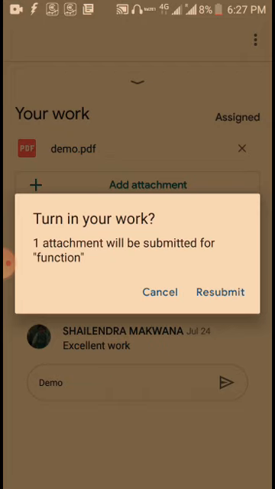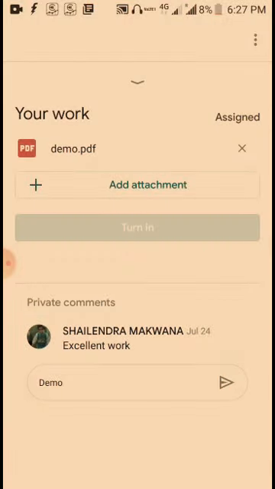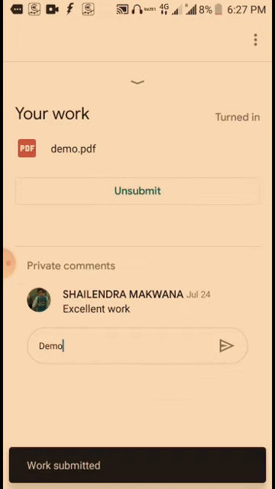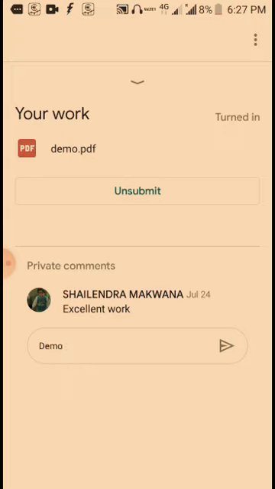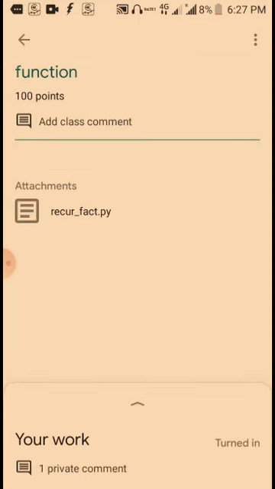So if you are given periodic test 1 and you are returning the assignment, then instead of function that name will come. Now after that you have to click on the resubmit button. It is showing resubmit in my case because I am submitting again, because earlier I had tried once and now I am resubmitting it. Okay, but in your case it will come only submit, so you have to submit that PDF. Now once you do that, you can go back,